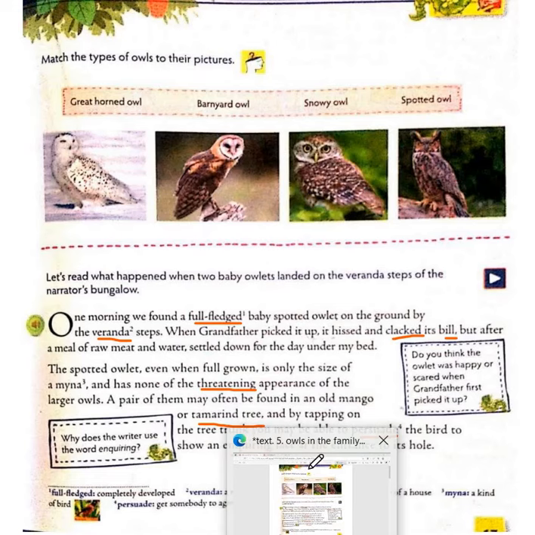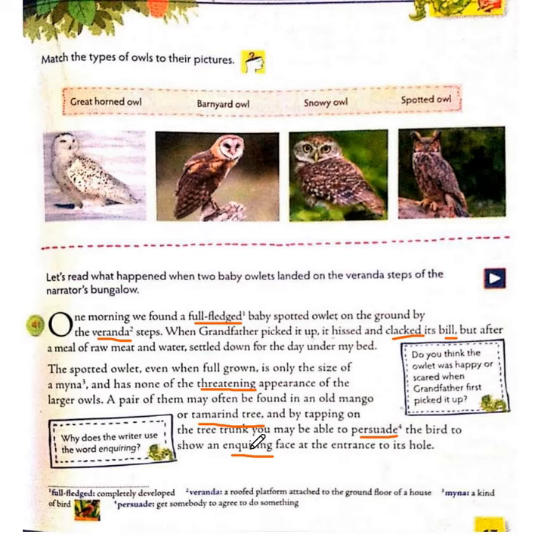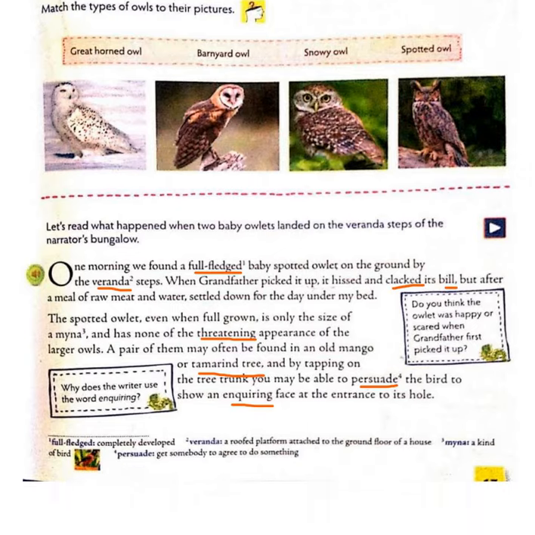Okay, and then enquiring. Enquiring here means asking or questioning. Okay, persuade here means approaching, or you can say convincing someone to do something. You can say approaching someone to do something, or making someone agree to do something. That is what we call persuading. Okay, then